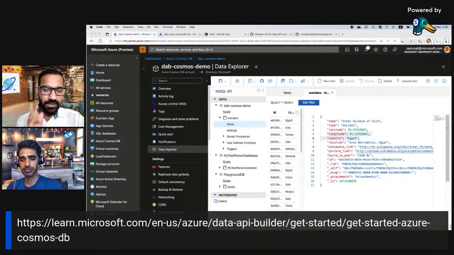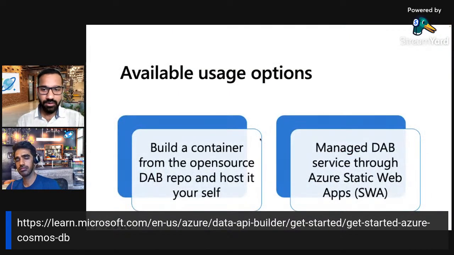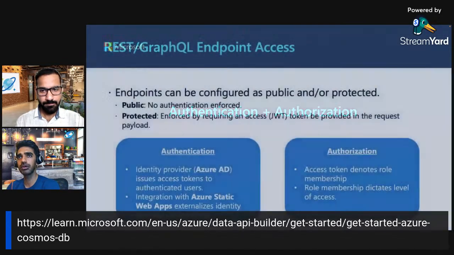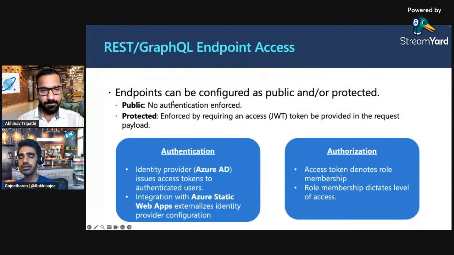Another thing you also mentioned about authentication, and I see that somewhere it was mentioned anonymous. So is there access control also in place? Yeah, definitely. I think that is one of the fundamental requirements for web developers, because earlier, you can think of how hard it would be to add some authentication to your APIs. So we support both modes. Currently, if as an end user you want to have the endpoint be public, we support that as well.